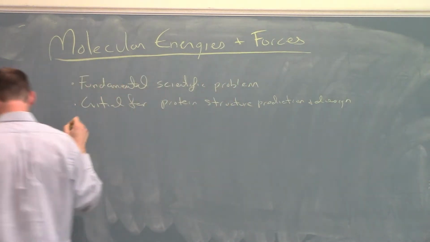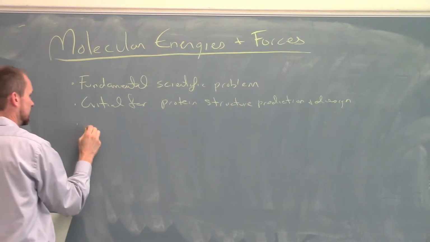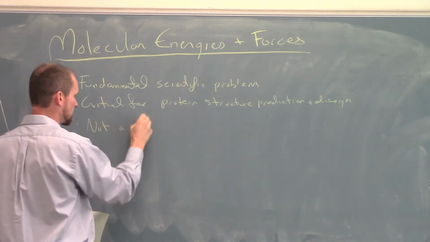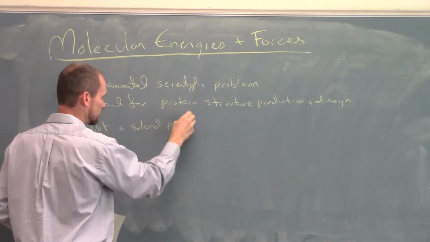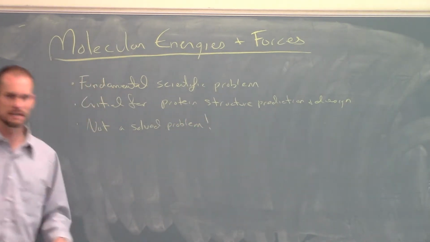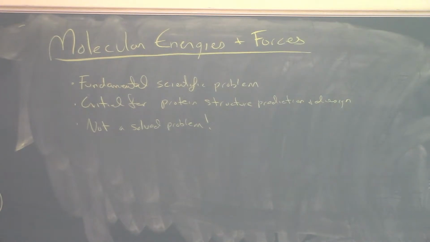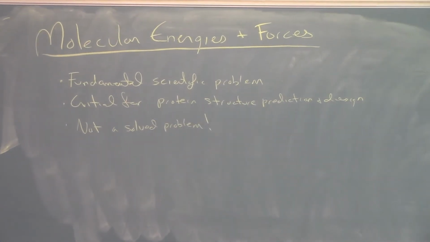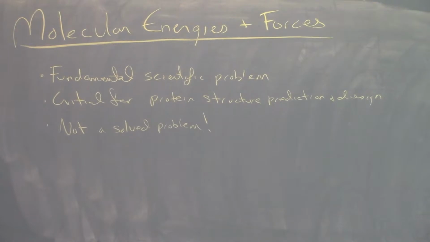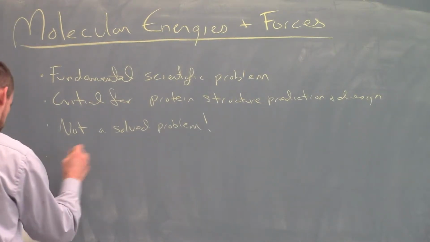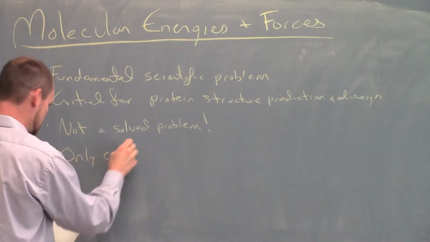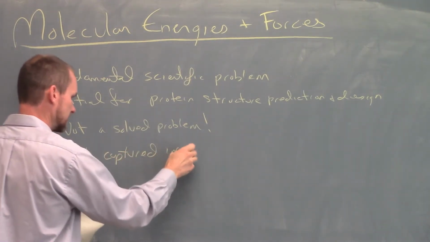And another thing I want to say up front is that this is not a solved problem. We know something about the energy of a protein and what's a higher energy state and what's a lower energy state, but we do not yet have nature's energy function to be able to say from this set of coordinates this is the energy in kcals per mole to 8 decimal places. We just don't have it. We're still learning how to do that. We're still trying to figure out that model. So this is only captured imperfectly